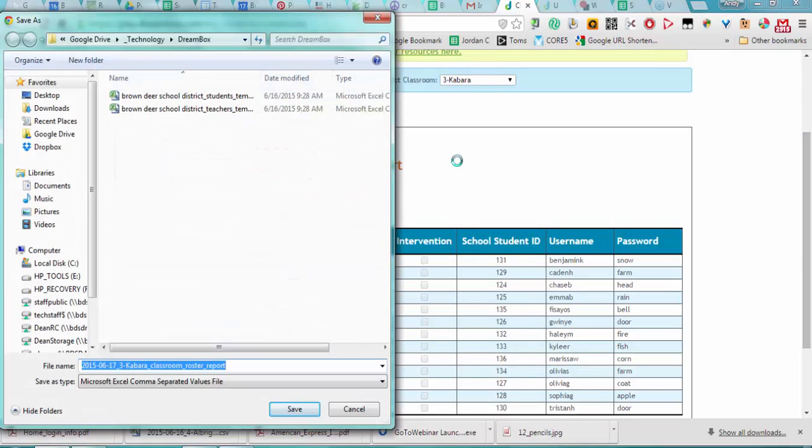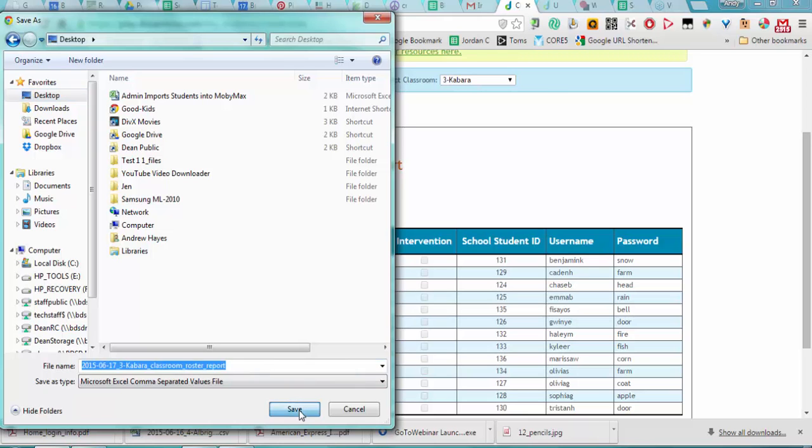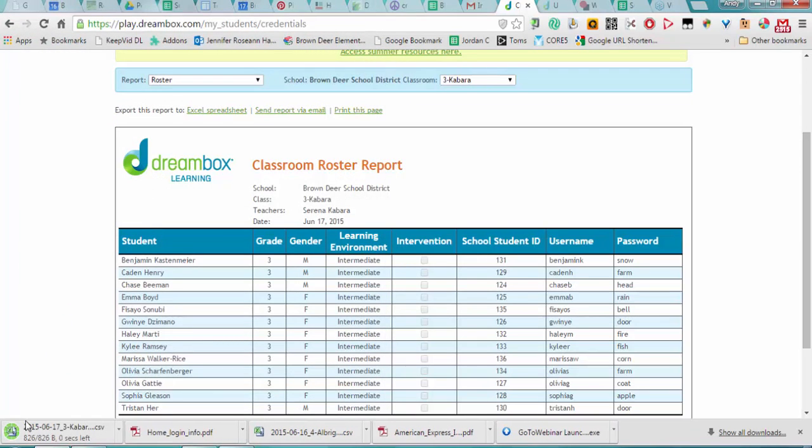It should ask you to save it. If it doesn't, it probably is going to save right to your downloads, but I would suggest you save it someplace easy. I'm just going to save it to the desktop. It's just called the name of the classroom roster report. I'm going to save that. And there it is. You don't actually need to open up this file. There's nothing in it that we're going to actually do anything with. We're just going to import